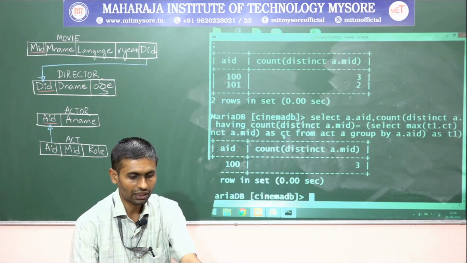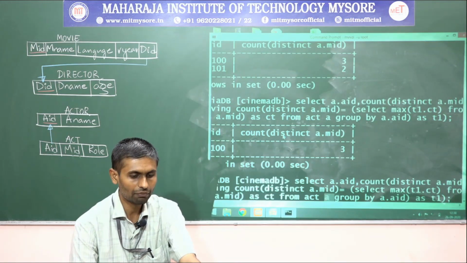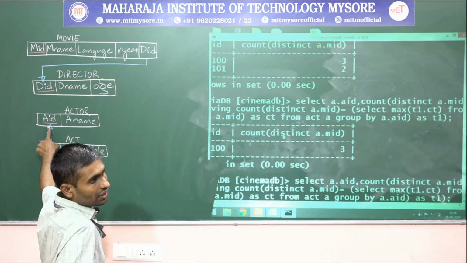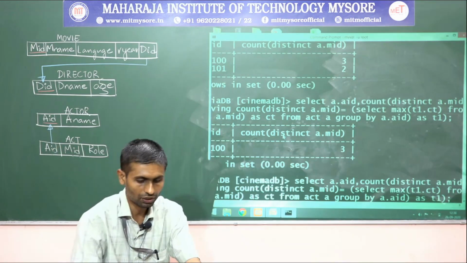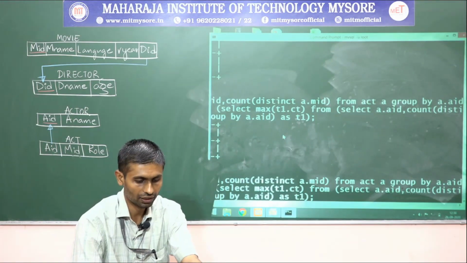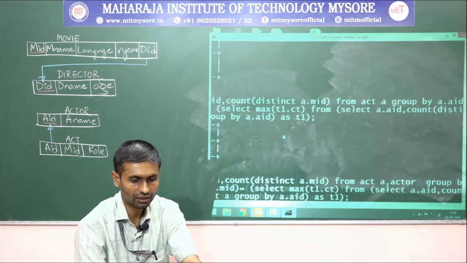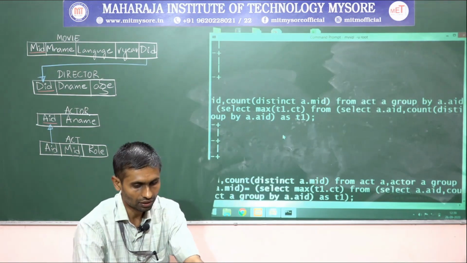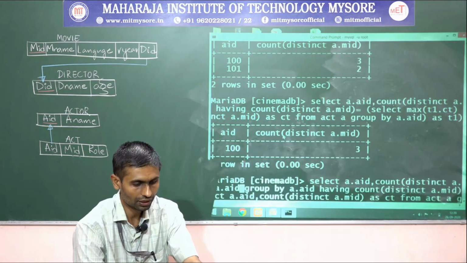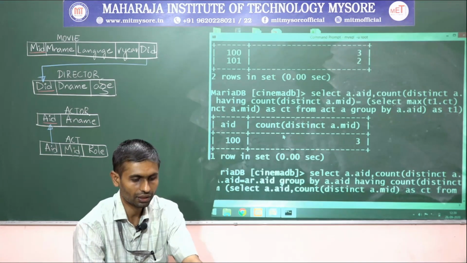Let me go with retrieving the respective name. To get a name, which table to visit? I have A.AID. To get the actor name, I have to visit the actor table, right? So let me write an outer query: from act A, then actor AR, and write where A.AID is equal to AR.AID.